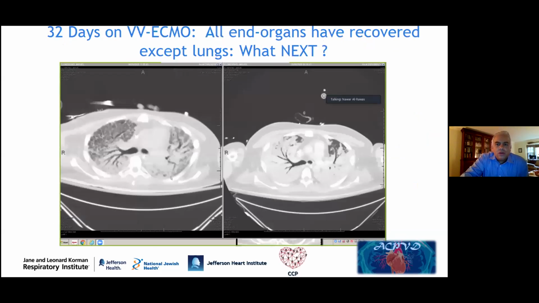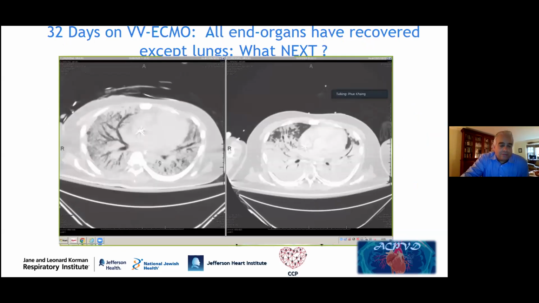So what happens if you don't recover? Here we have a patient that we actually are discussing in our center at the Jefferson Center City CVI ICU. And this patient's been on VV-ECMO for over 30 days. He's a young man. And you see here on the left-hand side, you see now the organization of fibrosing lung injury. You see a honeycombed pattern. You see in this, especially this follow-up slide, look at the left side again of your screen. You see these dilated bronchi because of the traction bronchiectasis present in this patient. The thought is that this patient's going to have irrecoverable lung injury at this point and should be considered for